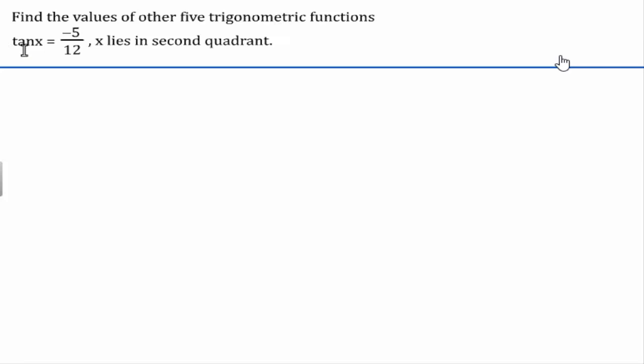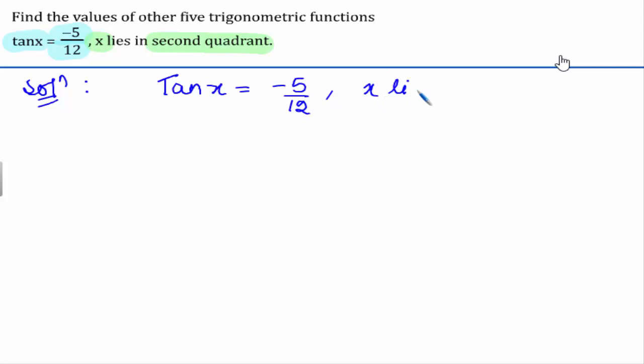In this question, we have to find the value of the 5 trigonometric functions, and we are given the value of one trigonometric function, that is tan x, which is equal to minus 5 upon 12, and we are also given that x lies in the second quadrant. Let's begin with the solution. So we are given that tan x is equal to minus 5 upon 12, where x lies in the second quadrant,